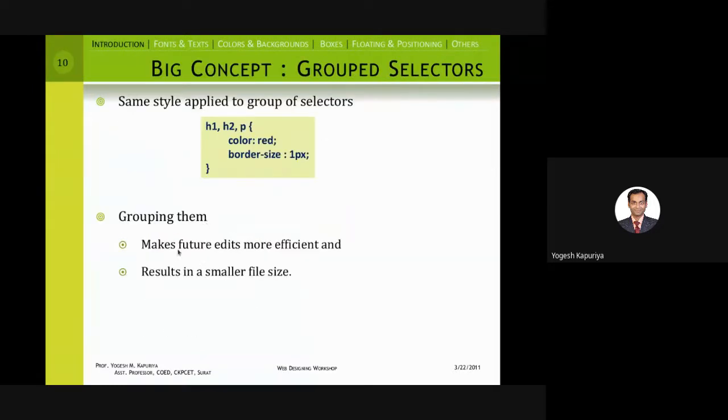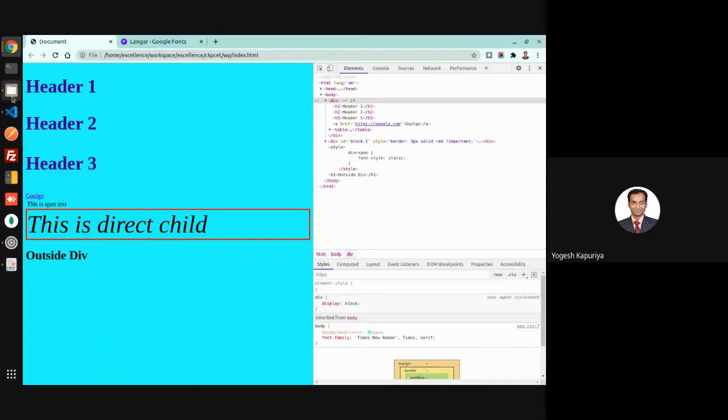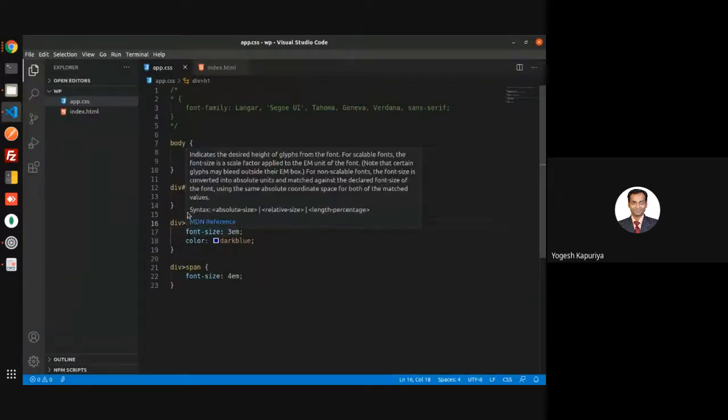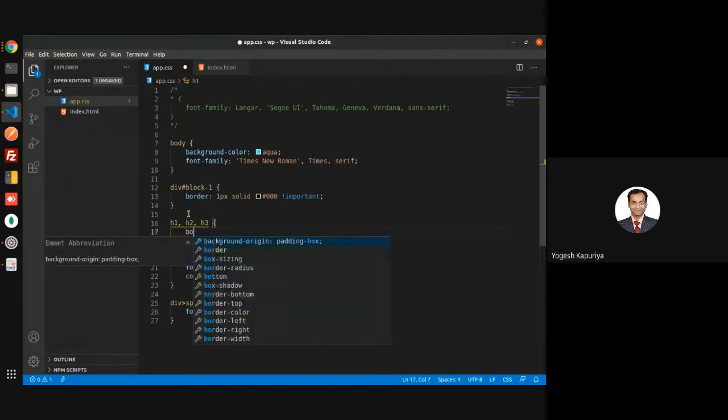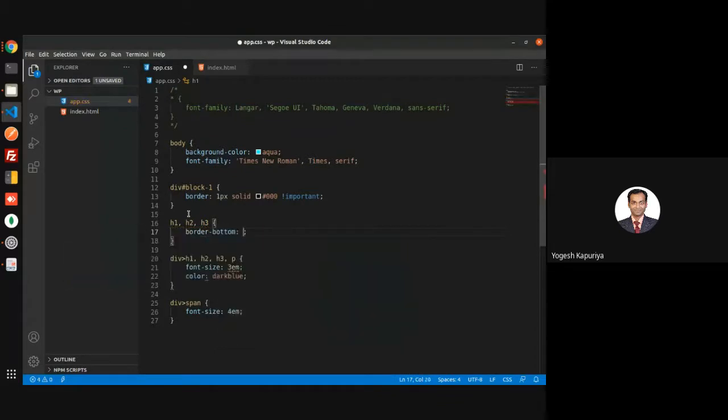Now, why should you group them? Because obviously, when you are writing presentation logic, there are things which should look similar or which should have some similar property. Sometimes it's not necessary that all the properties are similar, but let's say I have one property which is similar: border bottom, some px, dotted and orange.